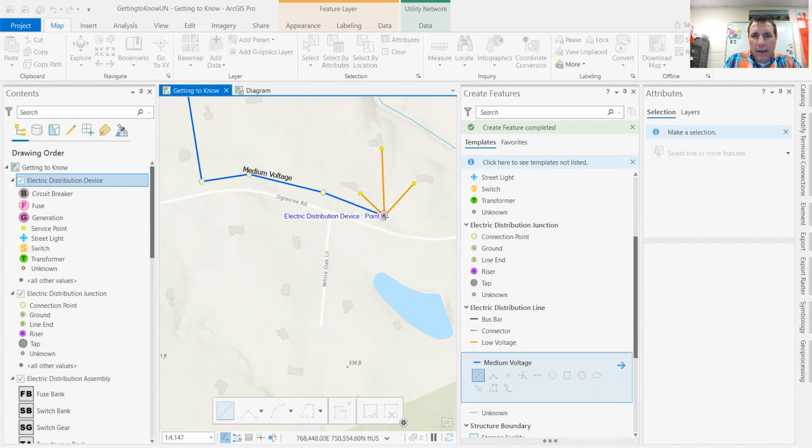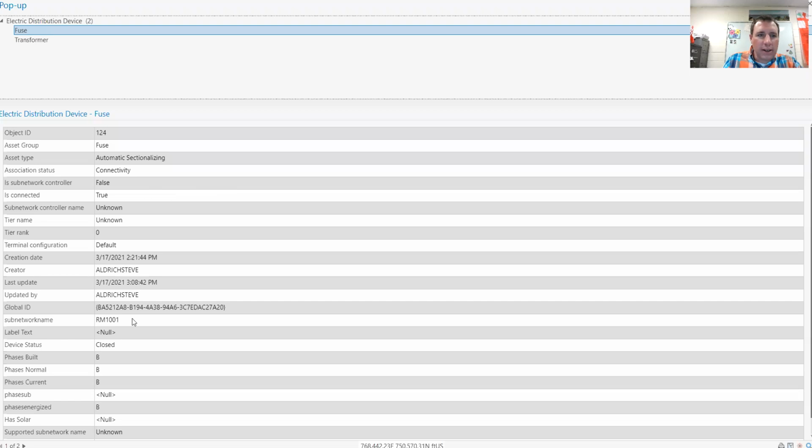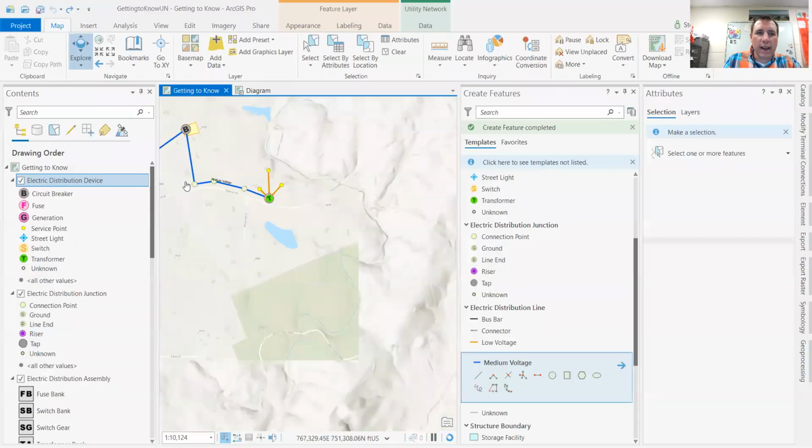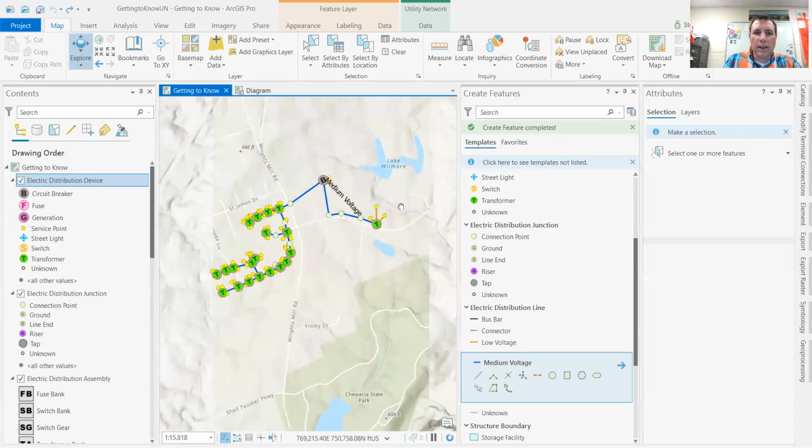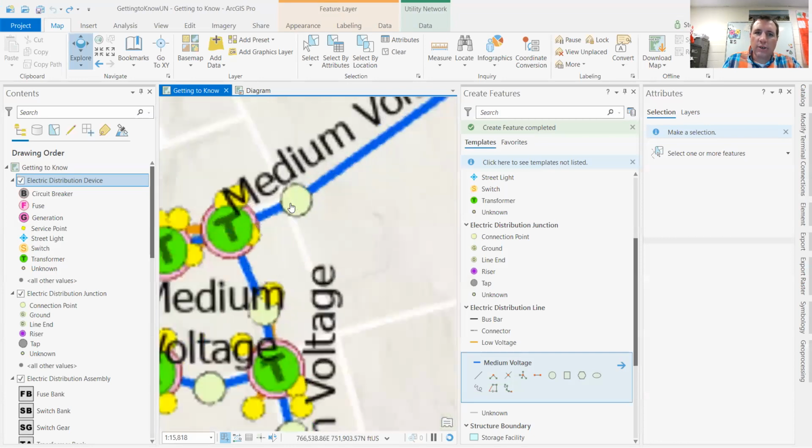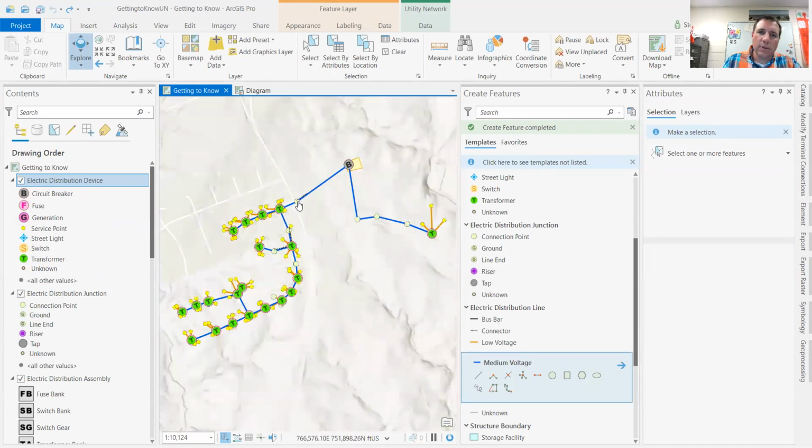When you click on it, the attributes should show that connected is true, and that the subnetwork name is RM1001. People are getting unknown or maybe even false here. And the reason for that is if you haven't created your broader connectivity to the existing utility network over here toward the west, by connecting the connection point here that exists already when you open this project up,